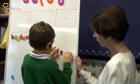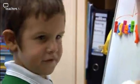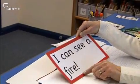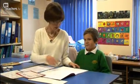It seems to reinforce the learning if they independently actually move the letters and put the letters together. So, let's go back to this. I can see a fire! Exclamation mark. Can you say that to me with an excited voice? Fire. Right, so we're going to think in our...